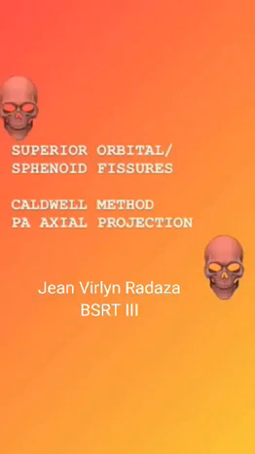Superior orbital fissures, Caldwell method, PA axial projection. Position of the patient: place the patient in a prone or seated position, center the mid-sagittal plane of the patient's body to the midline of the grid, and rest the patient's forehead and nose on the table or against the upright Bucky. Flex the patient's elbows and place the arms in a comfortable position. Position of part: adjust the flexion of the patient's neck so that the OML is perpendicular to the plane